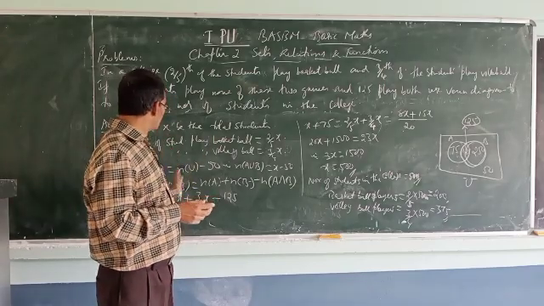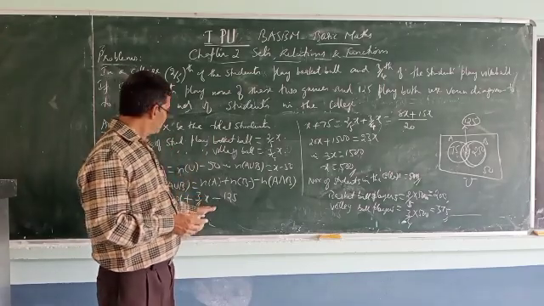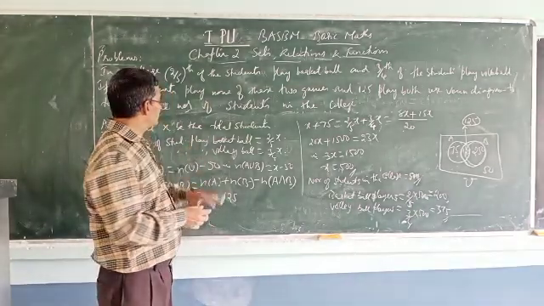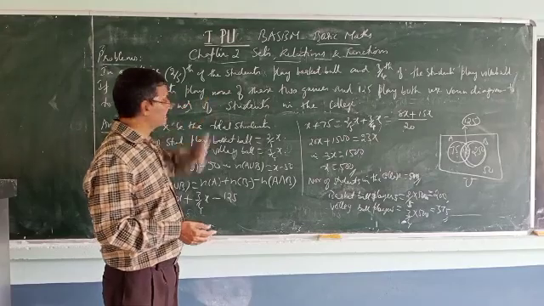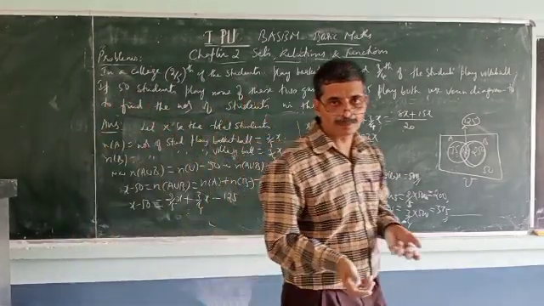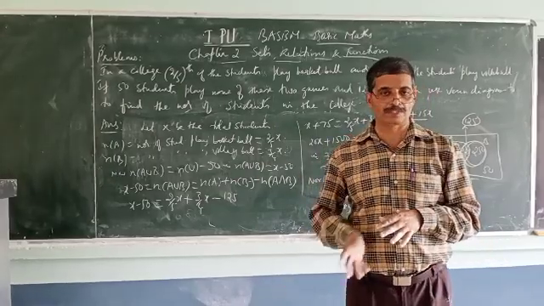If it is x, the next one is 2 by 5 of x, and another one is 3/4 of x. Like that we will calculate it. You know how many don't play anything, so you will come to know how many play either A or B, basketball or volleyball. Like this we will proceed.